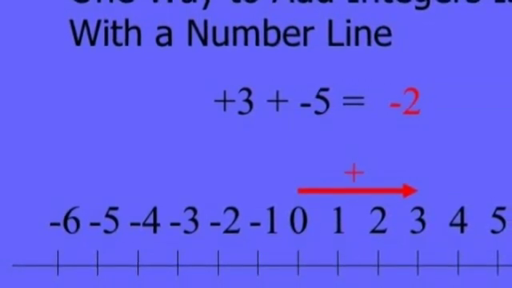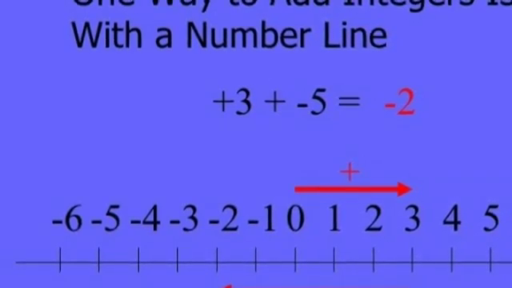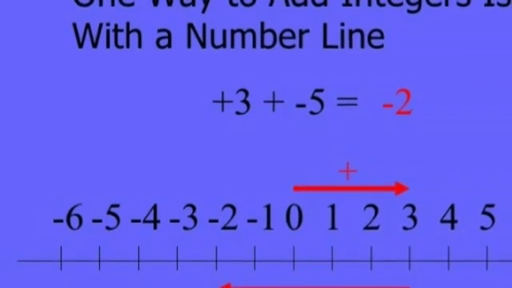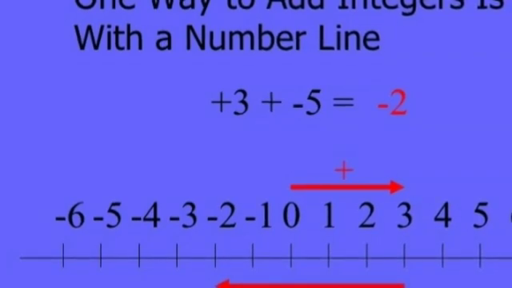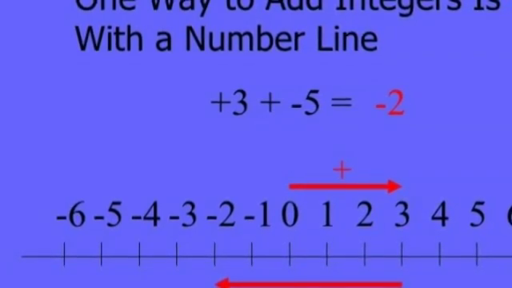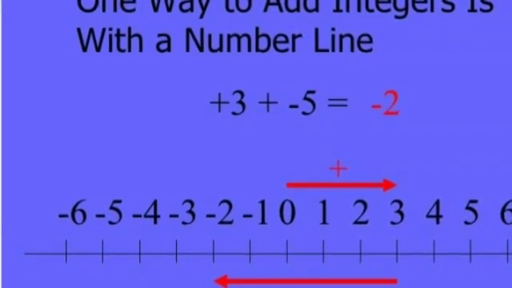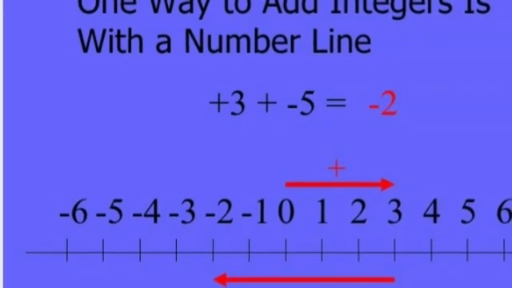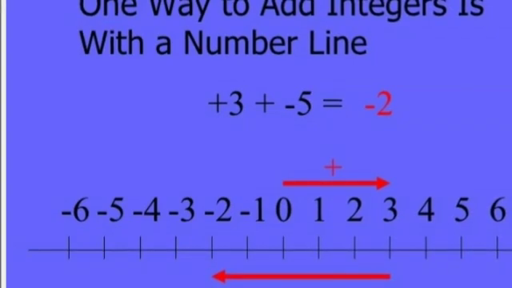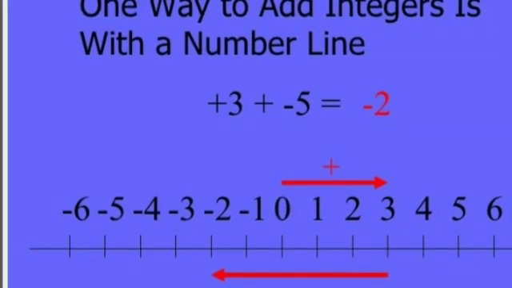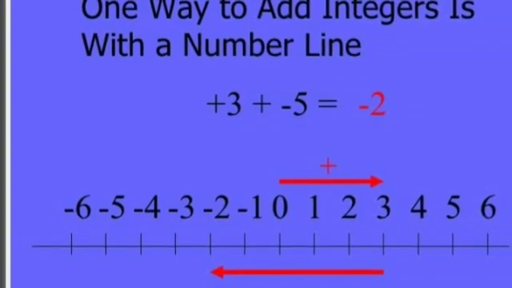So right now, plus 3 means you are at 3. You have to move left side. How many positions? 5. Because of negative you should move in the left direction. Positive means right side direction. You are right now at 3, and should move 5 places towards the left because 5 is negative. 3 to 2, 1. 2 to 1, 2. 1 to 0, 3. 0 to minus 1, 4. Minus 1 to minus 2, that is 5. So now you are at minus 2. That's why your resultant is also minus 2.